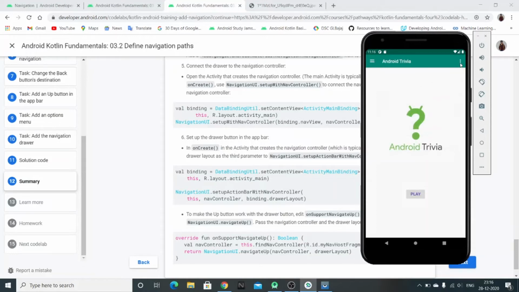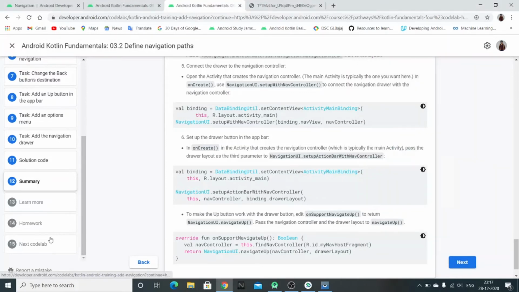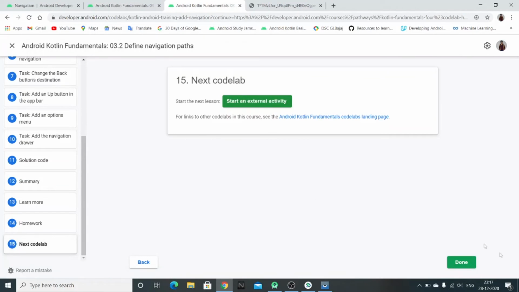And also we have this option menu over here, and that has only one item, that's about. So when you click on about, you are back to the about fragment. So now we have completed our second code lab also. Let's click on done.